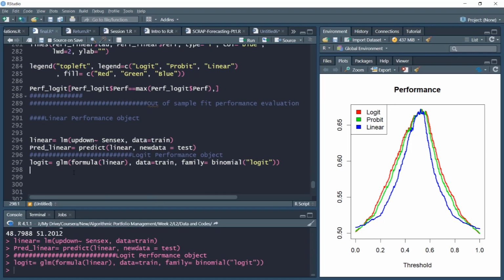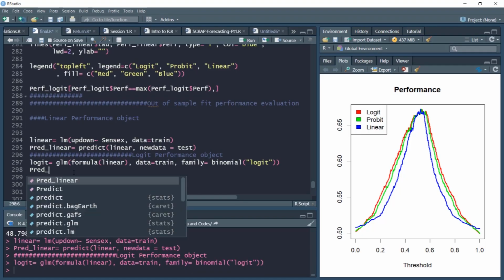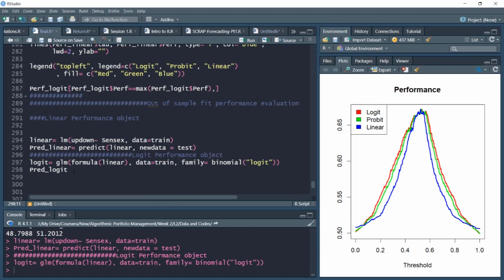So this was our logit model, trained using train data, and now we'll compute the test object using test data. Predict logit, and again we'll use the predict command. This is our trained object, which is logit, and we'll use the new data, which is test data. Again, the type is response. Sorry, the response type is equal to response for binary variables.